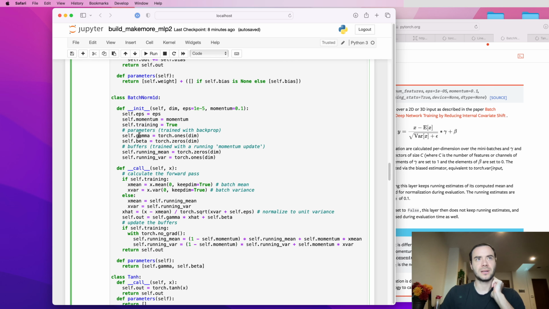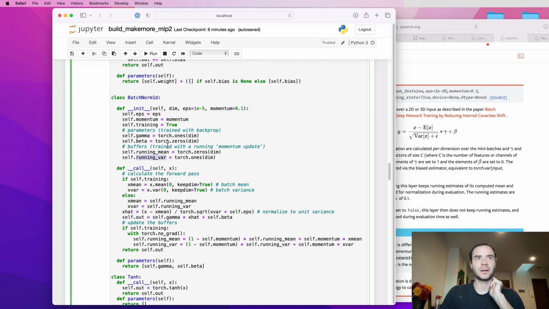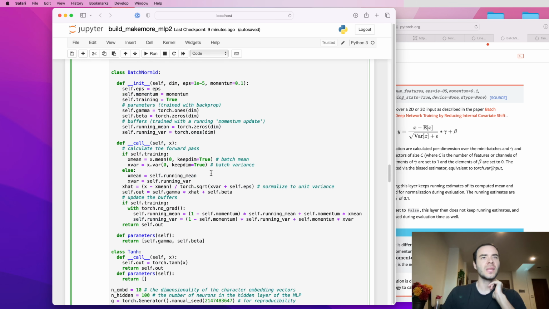Now the parameters of BatchNorm1d are the gamma and the beta here. And then the running mean and the running variance are called buffers in PyTorch nomenclature. These buffers are trained using exponential moving average here explicitly, and they are not part of the backpropagation and stochastic gradient descent. So they are not parameters of this layer. That's why when we have parameters here, we only return gamma and beta. We do not return the mean and the variance. This is trained internally here every forward pass using exponential moving average. So that's the initialization. Now in a forward pass, if we are training, then we use the mean and the